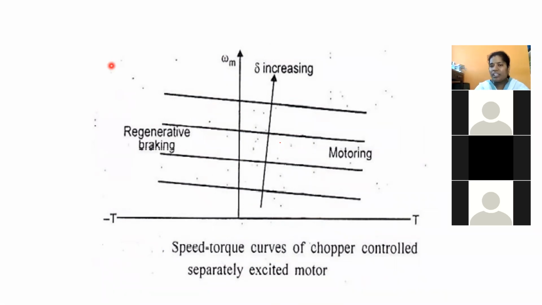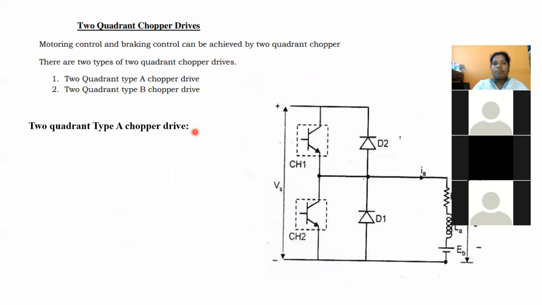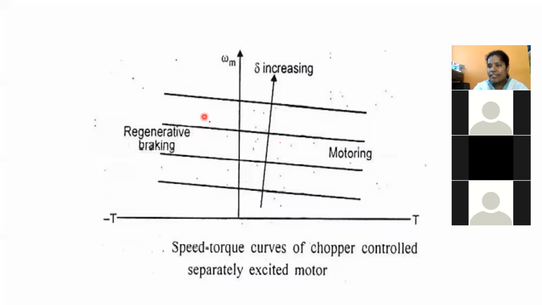And the major work is going to be done in the second quadrant only, whenever you observe carefully. And one thing you can ask, at which speeds is this regenerative braking going to exist? For small speeds only, you can apply this regenerative braking. And with this, a single quadrant drive operation is completed. That is first quadrant drive or second quadrant drive. So with this, our second quadrant chopper is completed.